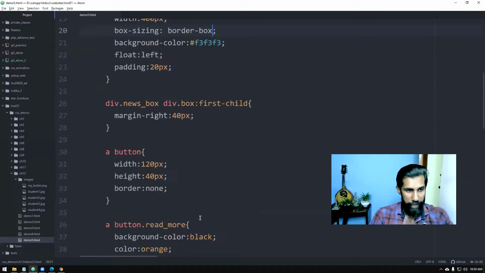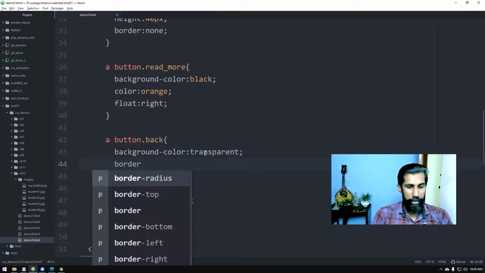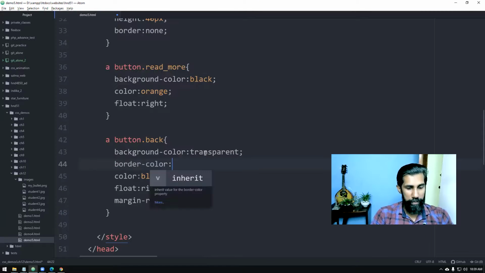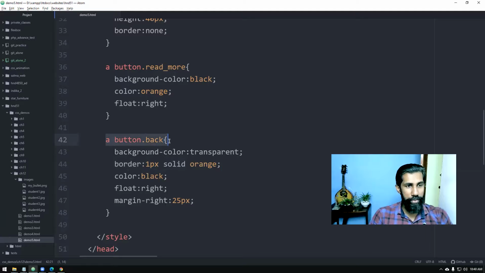And I'll show you if you like a button background color you want to keep transparent, but you want border color, this is also possible, right? So that's also possible. You'd have seen these things. That's what I'm showing you.